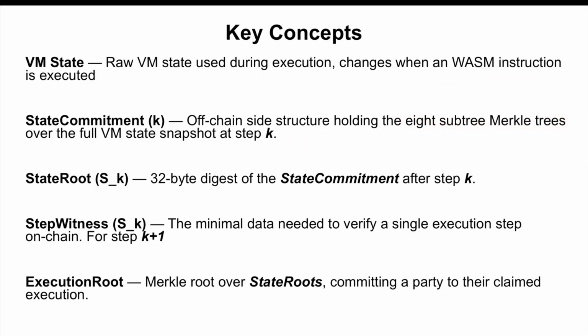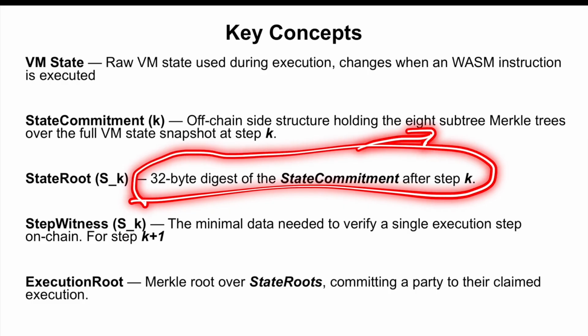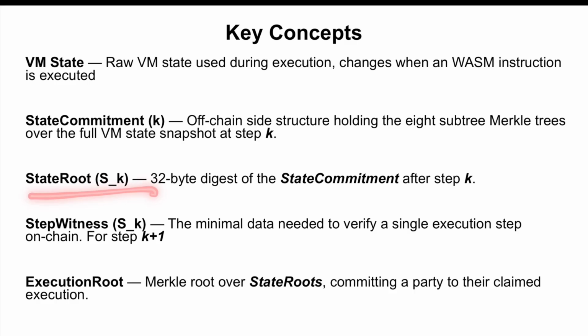And each Merkle tree obviously has its own root. And this state root is the digestion of those 8 subtrees. So it's just a 32 byte hash or number. And the StepWitness, which is an important concept, is the minimal data that we need to verify a single execution step. So what that means is, let's say you are at step k plus 1, and imagine you need to execute an I32 instruction. So you need to know what the values on top of the operand stack are,